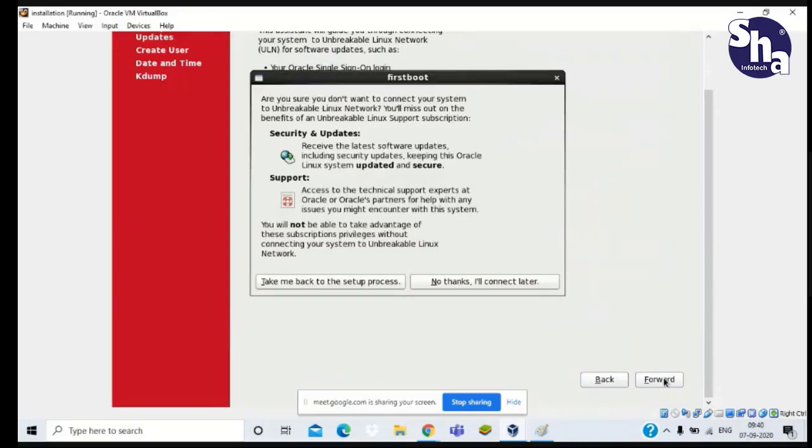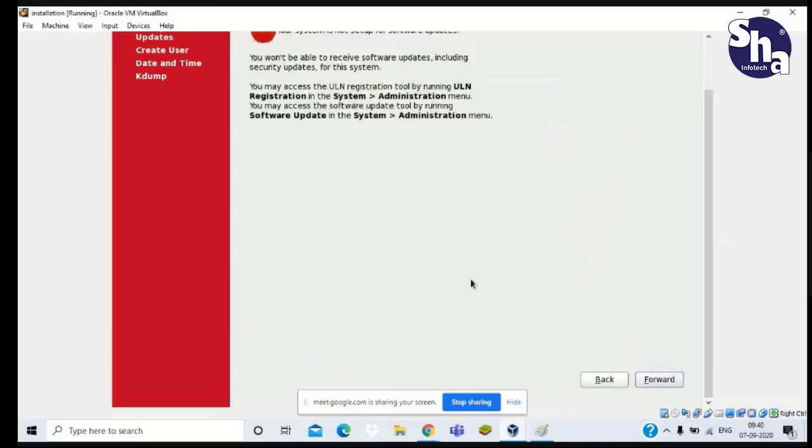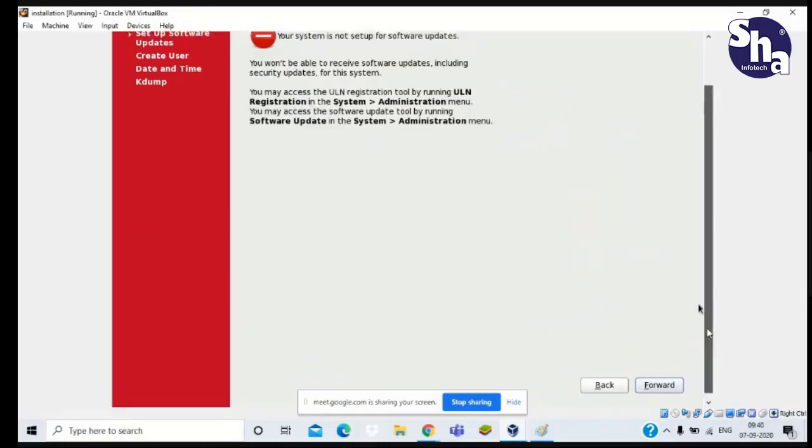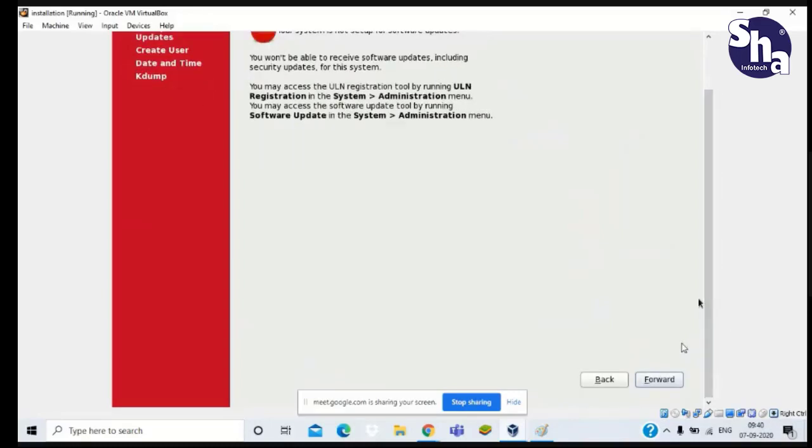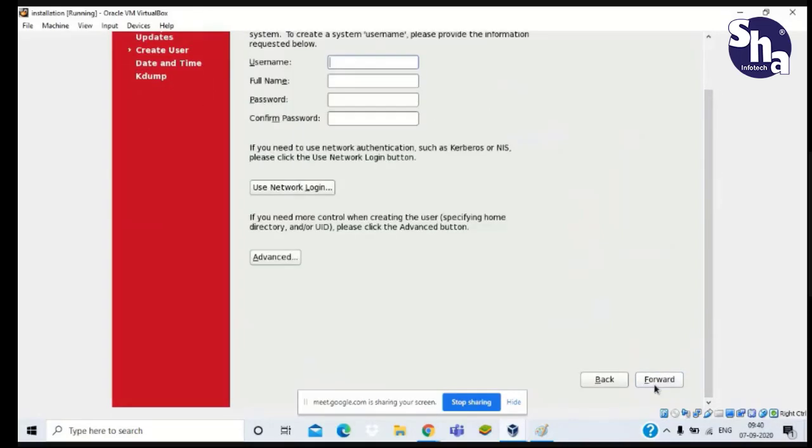After that, it is again asking me, so I will keep my same decision: No, thanks, I will connect later. After that, it is finish update setup. Just forward it. We don't have to do anything here.